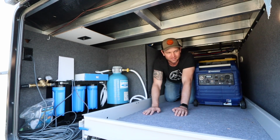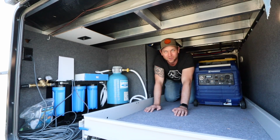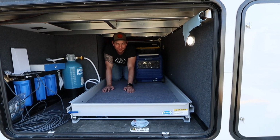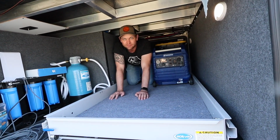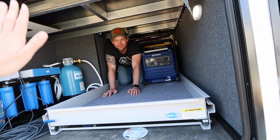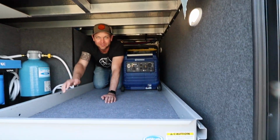And this was the last addition to our organization, was this Mor/ryde slide. It's awesome. The slide holds 800 pounds. Yeah, I was surprised when we first got it. David hopped right on it, and I was terrified that it was going to bend. Not saying anything bad about you. Wheel me out. But